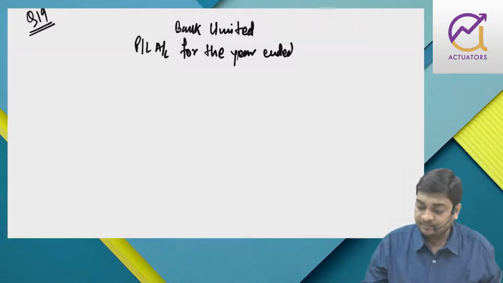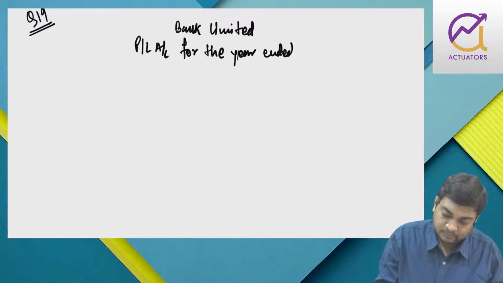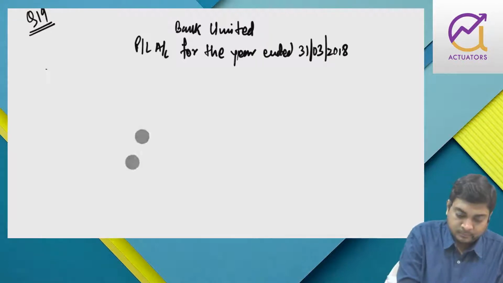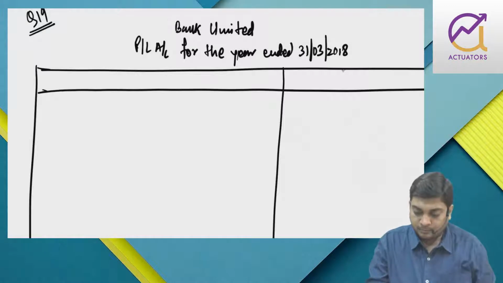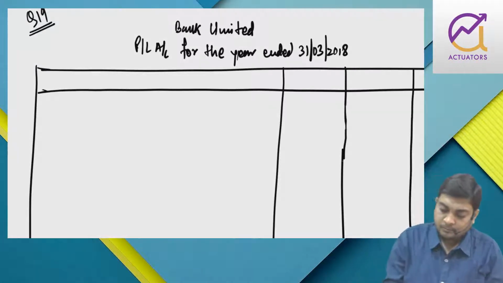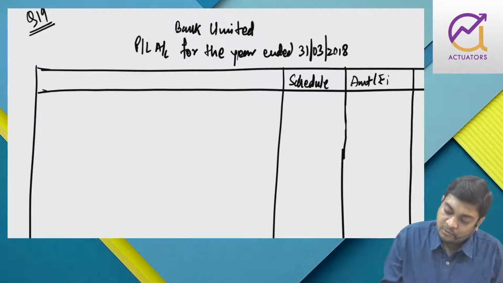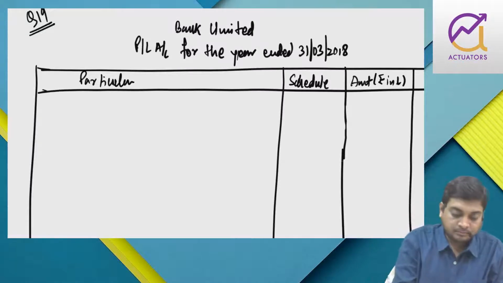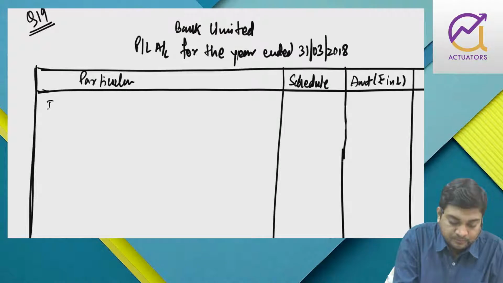Just do it fast. We have schedule, amount, rupees in lakhs. Is that fine? So, first we have